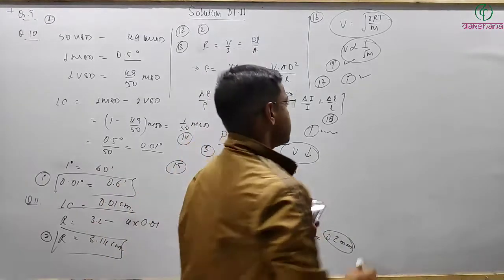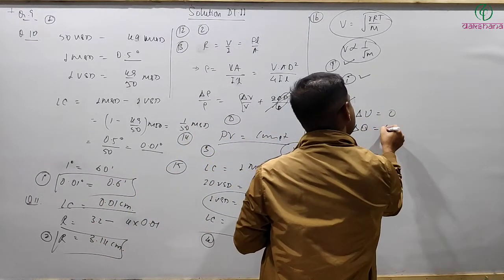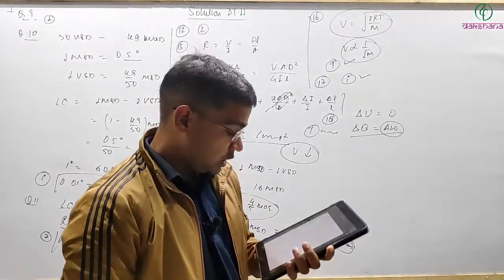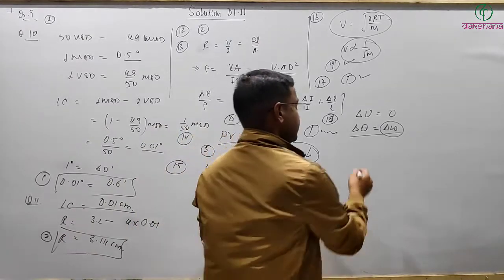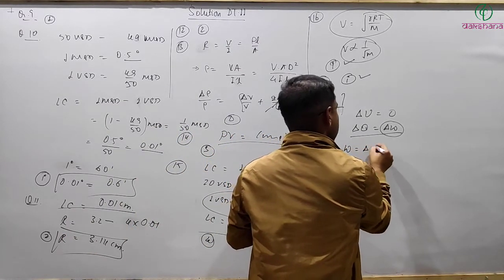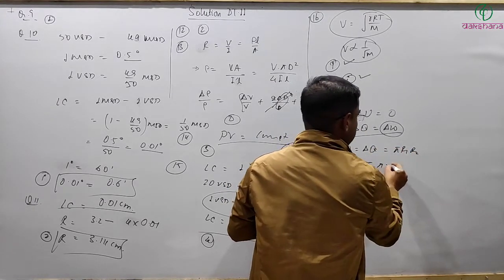तो देखो, cyclic process में क्या होता है, basically delta U is equal to 0, then delta Q is equal to delta W. तो जितना वर्क डन किया उतना ही हीट एनर्जी एब्जॉर्ब होती है. तो यहाँ पे इसका वर्क डन निकालेंगे. Work done will be equal to area under the graph, and W is equal to delta Q, that is equal to pi R1 R2, and pi R1 कितना हो जाएगा